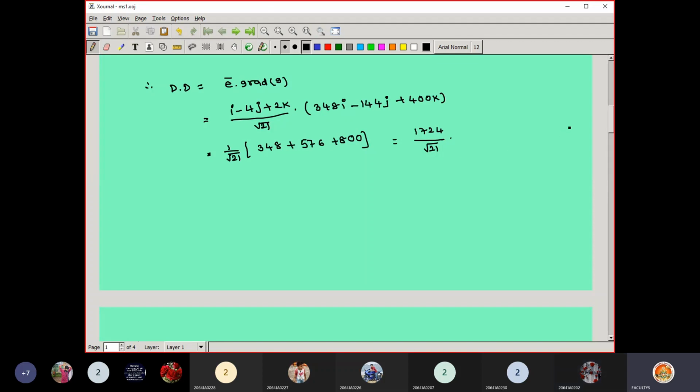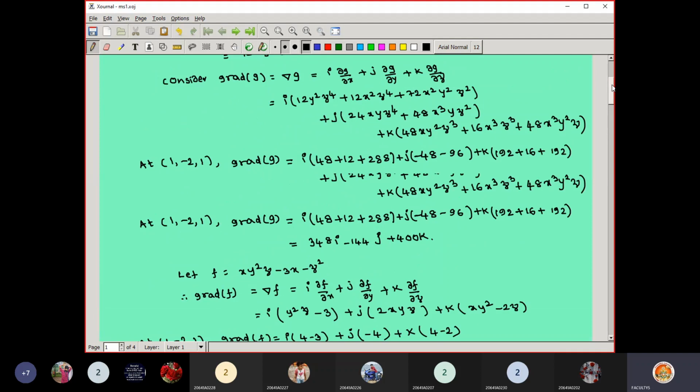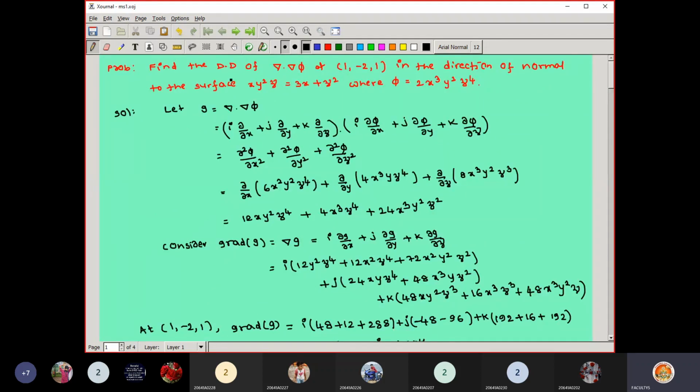The problem is here, instead of giving the scalar directly in order to calculate the directional derivative, they have given del dot del phi, where phi is already given. So first you make the simplification of this del dot del phi. After getting that scalar, in order to get another vector, you use the second scalar function to convert into a vector. So with this, you are getting the final answer. Write it down in the notes.